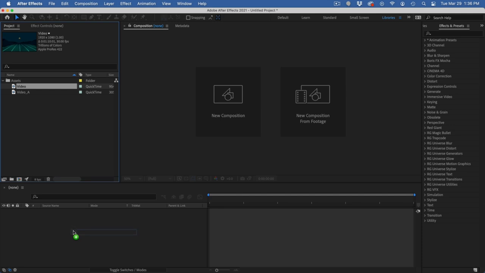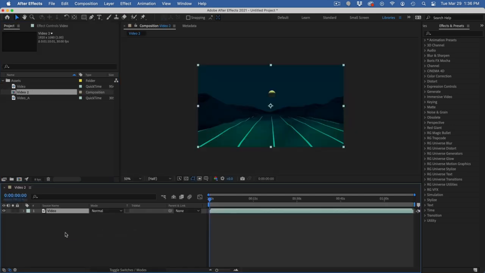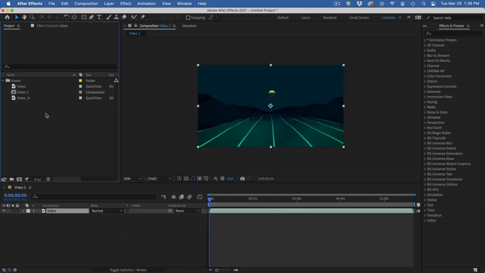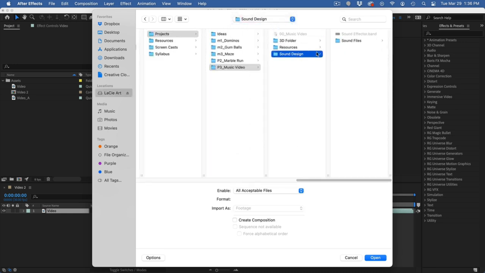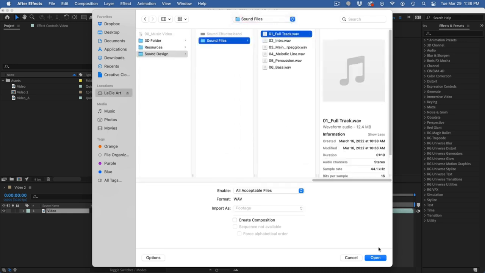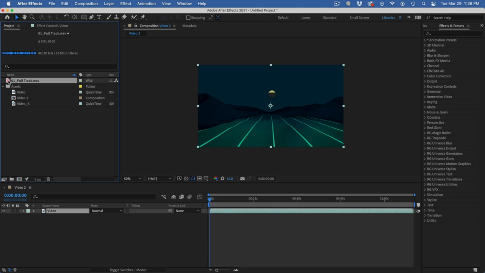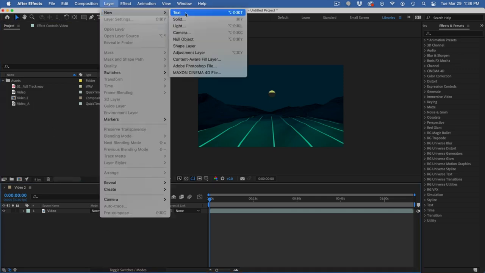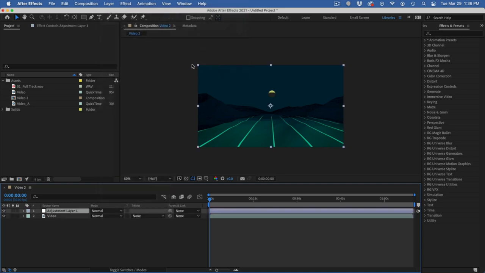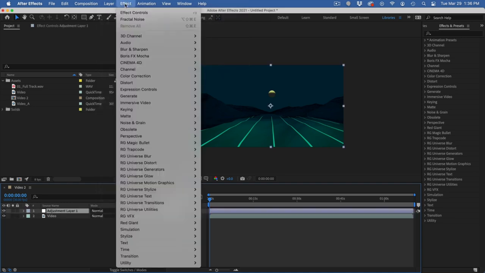We'll take this video, drop it into our project timeline. We'll double click again and we'll import our final music soundtrack. So I'll just import this full track, and we don't need this for right now. So what I'll do next is I'll create a new layer. I'll just create a new adjustment layer. With that selected, I'll go to Effects